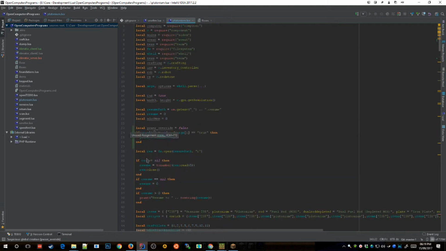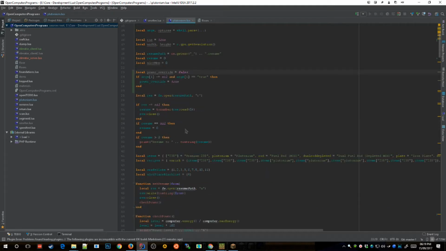So I'm creating a local here. I think IntelliJ's Lua highlighting, I think this might be a plugin, it's not working quite right. So this should be fine. So what I'm going to do now is